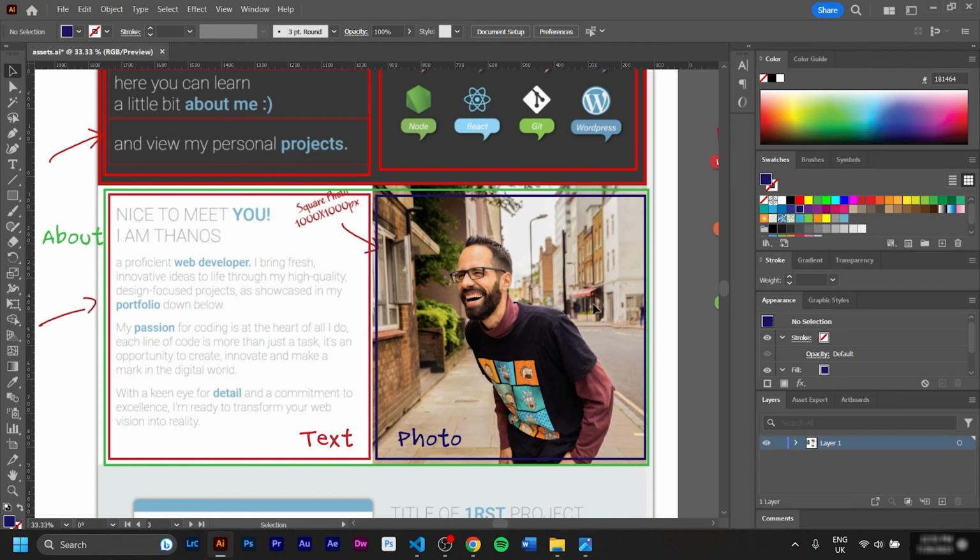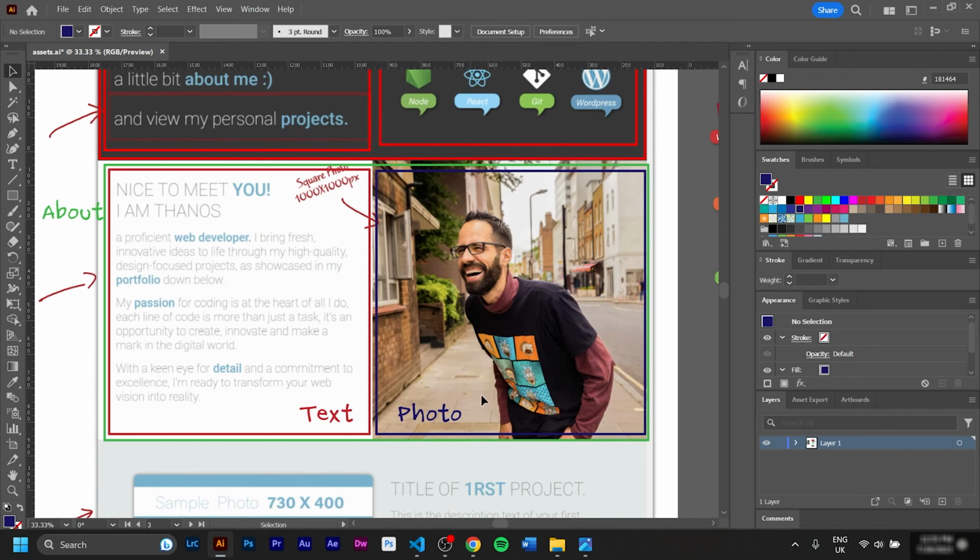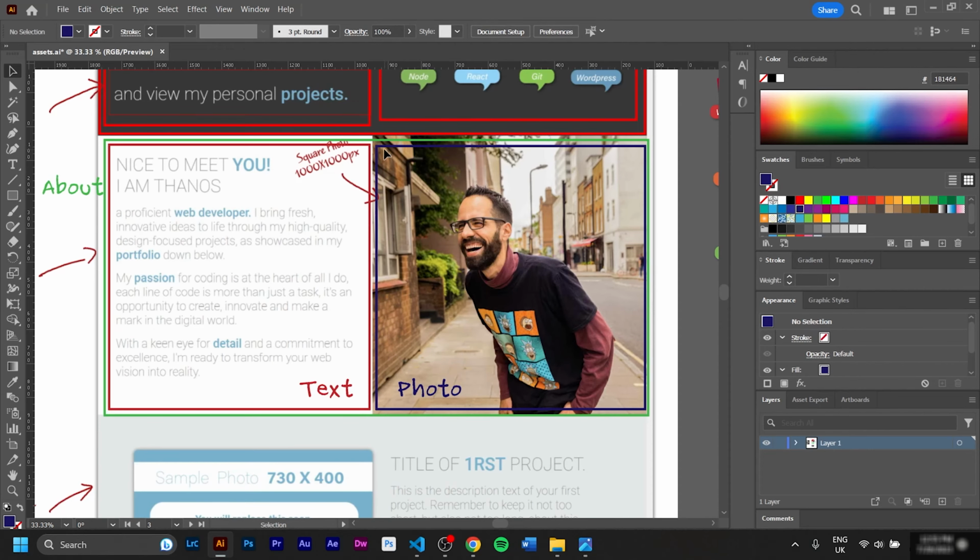They're going to be spending with you at least 8 hours per day, which means that they will spend more time with you than with their own families. So you have to make sure that they understand that you are fun to be around and you are not a grumpy person. Some people don't want to use their own photo. This is pretty much okay, but you have to keep in mind that every time you build a site, we have something called photo to text ratio. So it doesn't mean that you will not use any photo here and keep only text, because this is going to be very boring, and also it will ruin the layout.